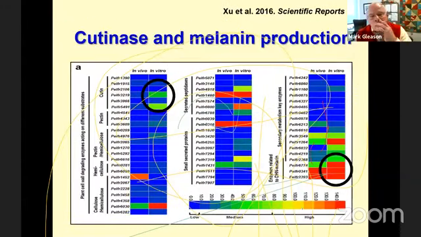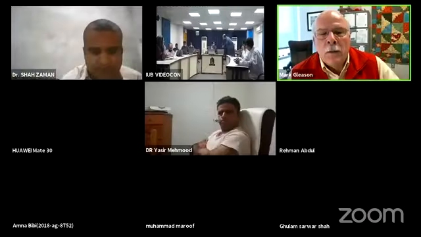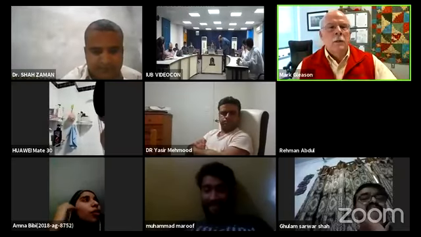But not everything was lost, because if you're living on the surface of a fruit, you need some weapons, you need some defenses. And the circle on the upper left is evidence from the same paper that cutinases were very much still a part of the repertoire of sooty blotch and flyspeck fungi. They had to be able to burrow into the cuticle on the surface of the apple, make a sort of foxhole that they could live in. And I think I just lost my